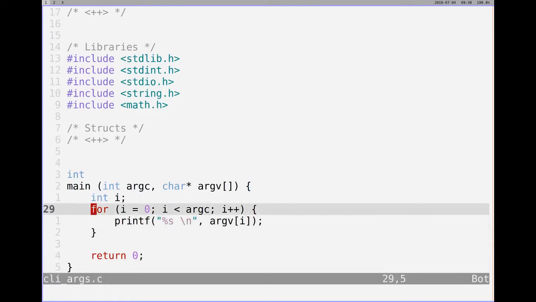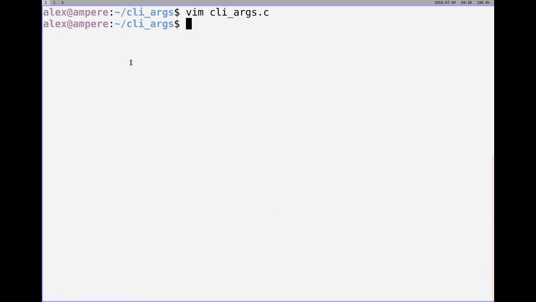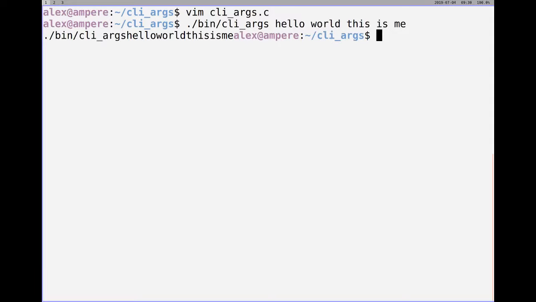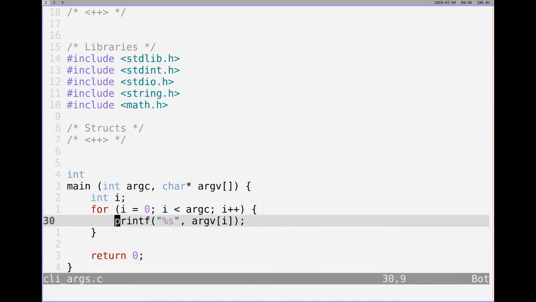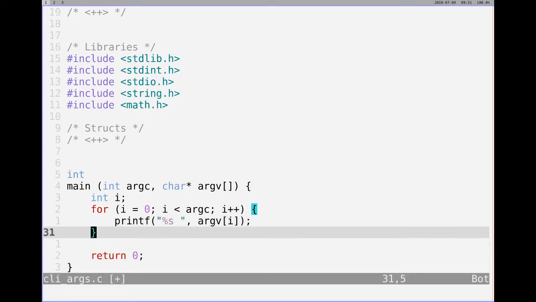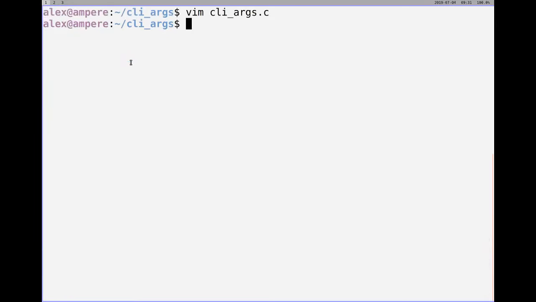We don't want it to print a new line every single time, so let's delete that. But we do want it to print a space, because, well, let's just see what happens when we don't have anything. Then when we run bin CLI args and we write hello world, this is me, you get a compacted version, no new line character, nothing. All right, so that's not what we want. We want a space, and we also want at the end, let's print out a new line. Okay,